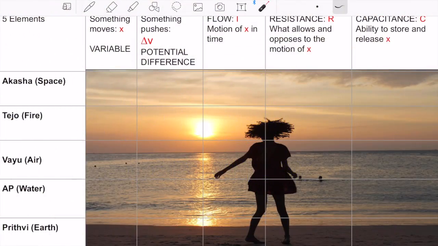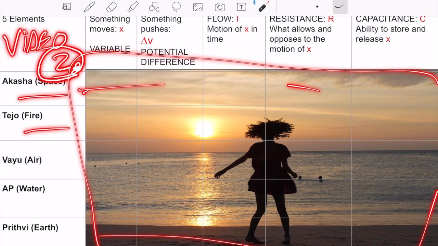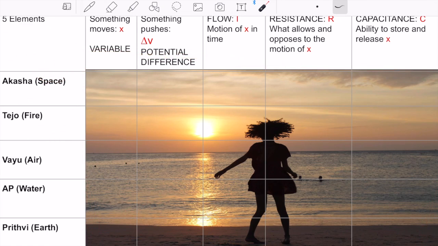All right, so this is the second video, number two. What are we going to explore in this video? We're going to explore the same elements of nature, the same space around and inside of us, the same sun, the same air, water, fire, earth. Same columns, but here we're going to explore two concepts.